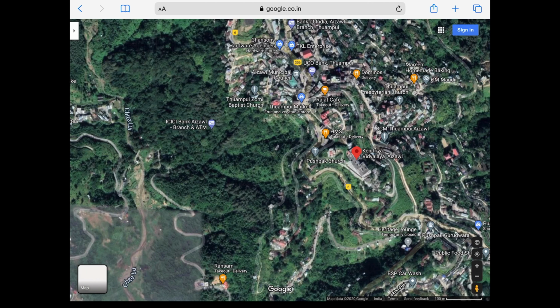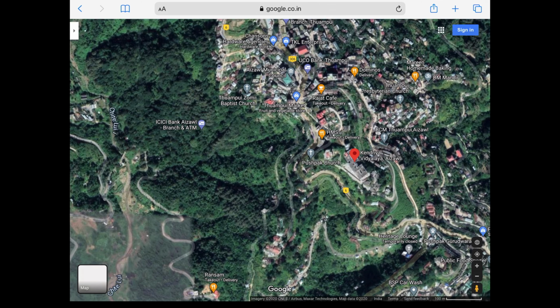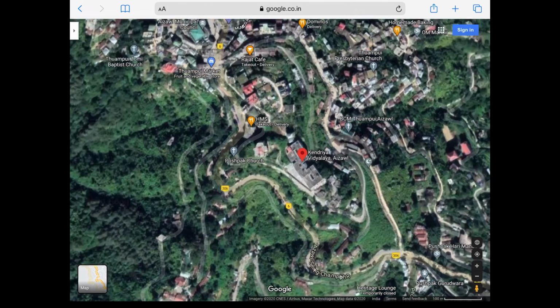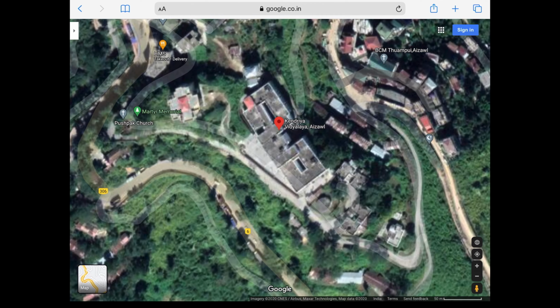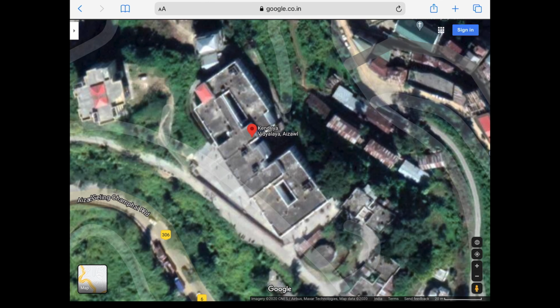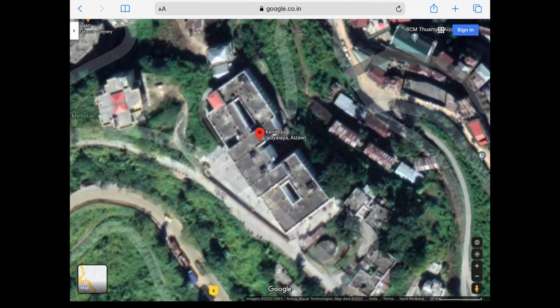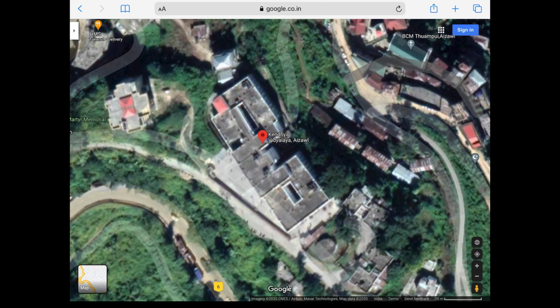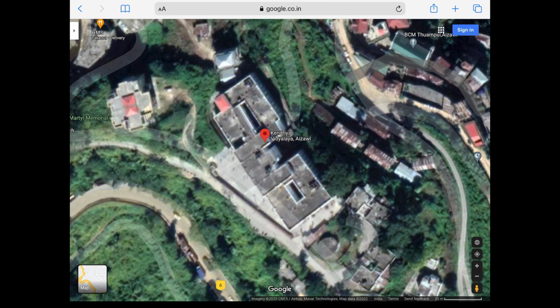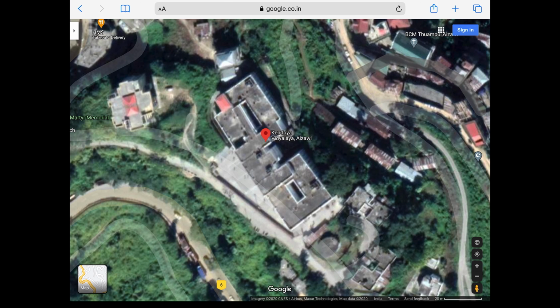You can change it to satellite view. Then you will see this red dot in the center showing the location of your school. If you zoom in, you can easily find the map of your school from the top view. That is a picture taken by the satellite. So here at the bottom you will find the entry gate. Then you have the main school building, and also the guard room, the children's park, the assembly ground and the canteen at the back of the school building.